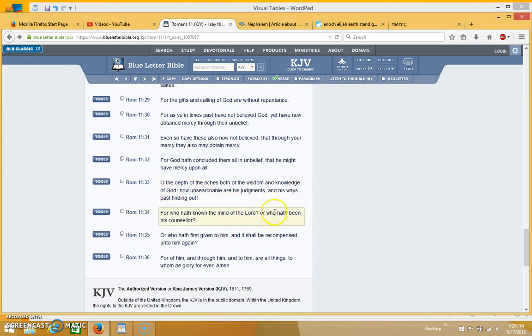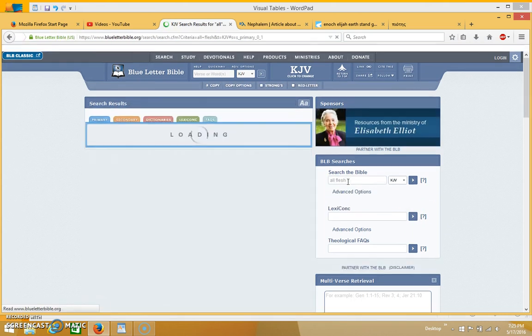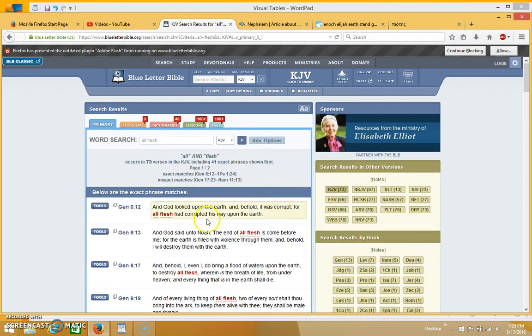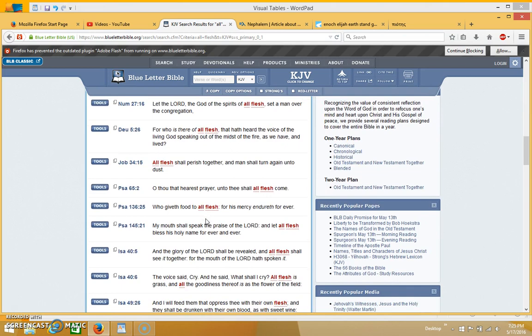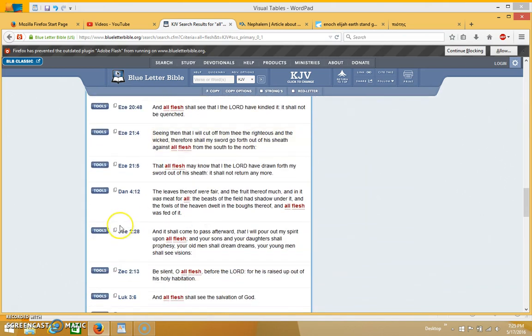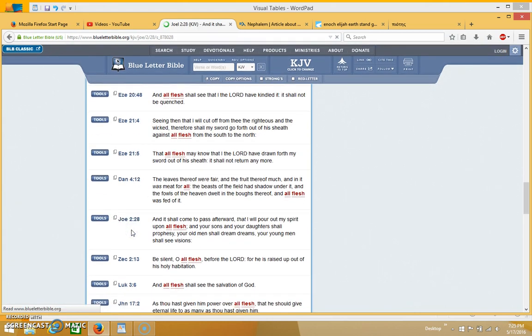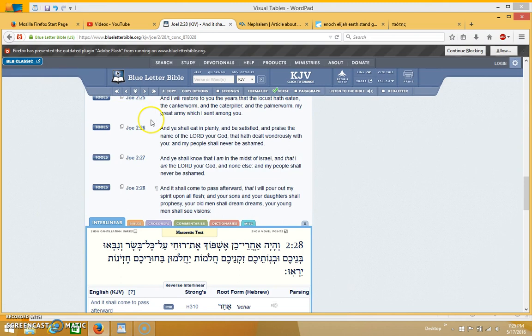And then when you go to Joel 2, it talks about God's Spirit being poured out on all flesh. Well, all flesh doesn't necessarily mean everyone in the whole world. It's just talking about God's people. Because if you go to Joel 2, where it talks about the Holy Spirit being poured out on all flesh, you see that just before that it